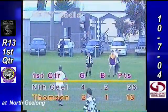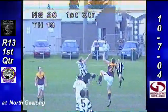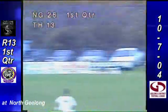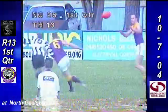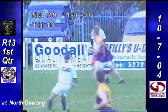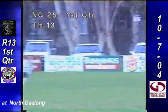In the centre of the ground at Osborne Park again, waiting for the umpire to do it. He's done a lot so far this quarter. Throw it up, and Jamie Reese is up there with Anderton, gets the ball down to Brad Scown. Brad Scown races out of the centre, digging in for Smith, but marked beautifully in the line of defence by the Thomson club, and it's taken out of defence by Shane Lowther up towards the half-back flank. Sees his fellow player there, and it's coming across to, once again, Brad Roberts, who handballs it across to...